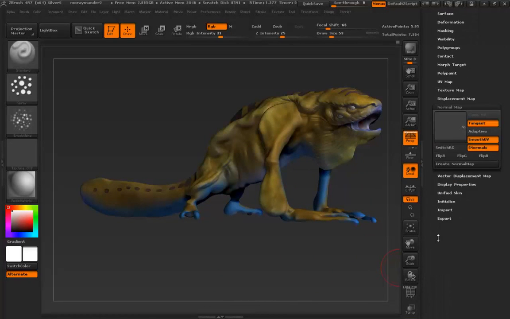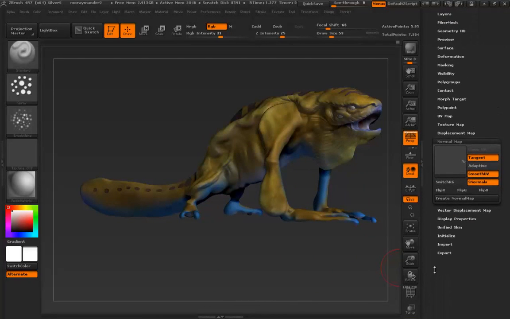Next, I'm going to go to normal map. And I want tangent. I'm going to turn off smooth UVs. Since we're not going to be viewing this in 3 mode, I'm going to turn off smooth UV, but I do want adaptive turned on. And same thing, texture map 2048. I'll go with the same size. I'm going to say create normal map, but